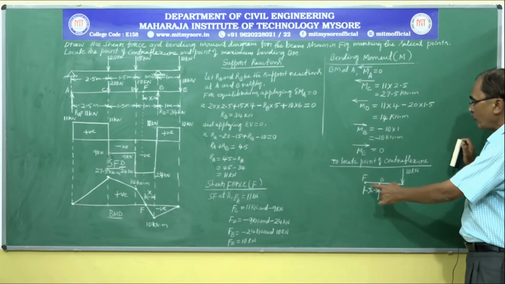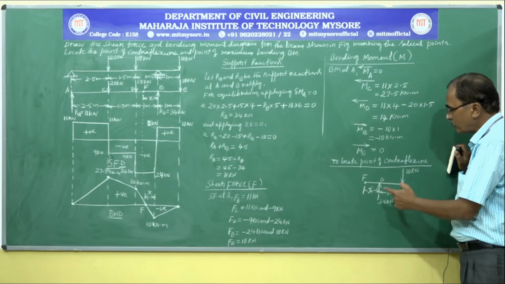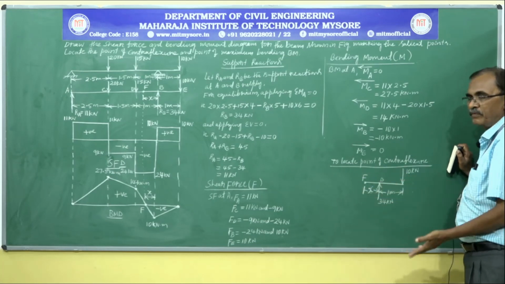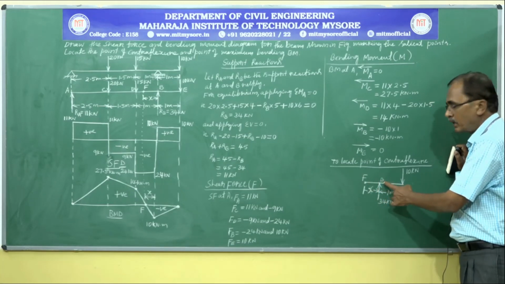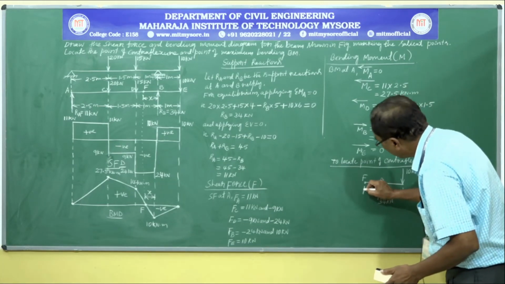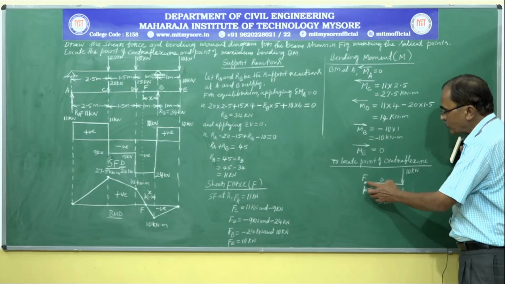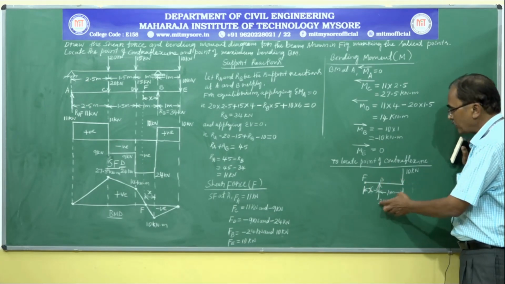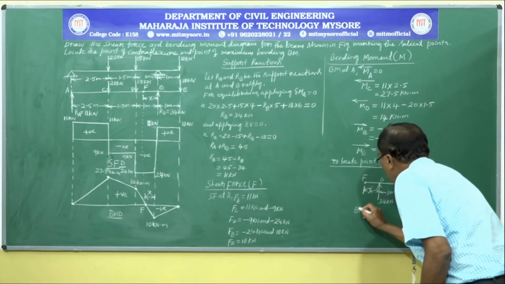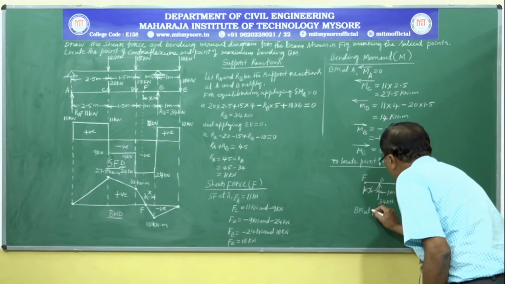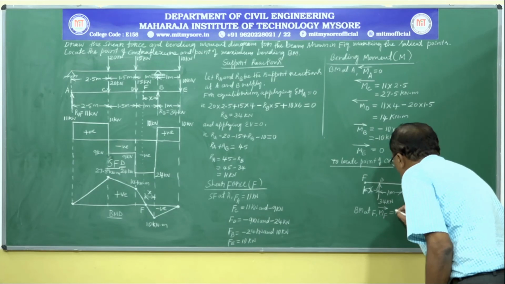Knowing bending moment at point F, write expression for bending moment by considering forces to any one side of F. For convenience, we have marked the distance x from nearby right support, and it is convenient to consider the forces to the right hand side of F. Write expression for bending moment by considering forces to right of F and equate it to 0, we will get x value. Bending moment at F, MF, by considering forces to the right hand side is equal to 0.